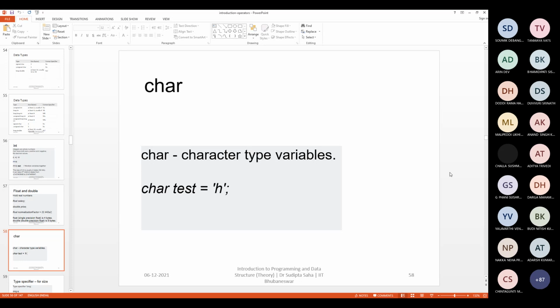But in some cases you need this representation of character. That we will try to learn now. A very important thing. Everybody should be very attentive in this part. Try to understand what is the difference between a character and an integer. So the fundamental statement is that characters are basically integers. You can say they are very small, tiny integers.